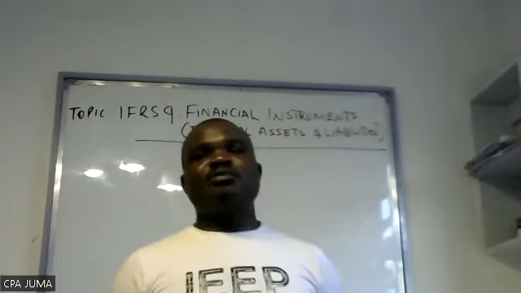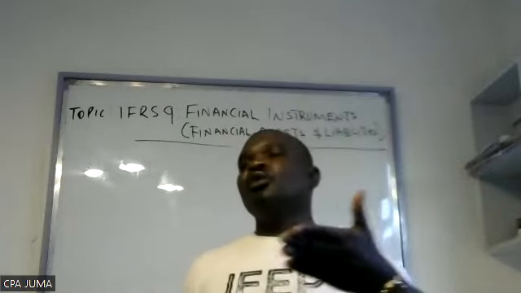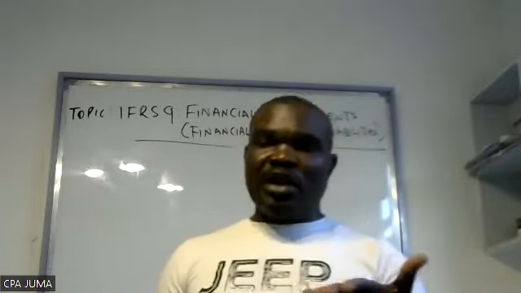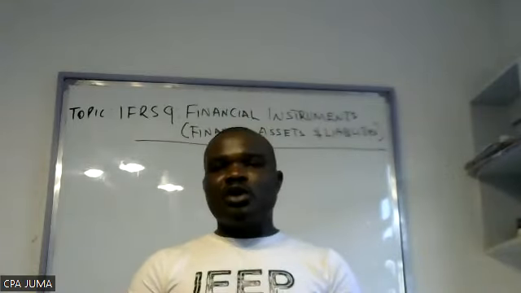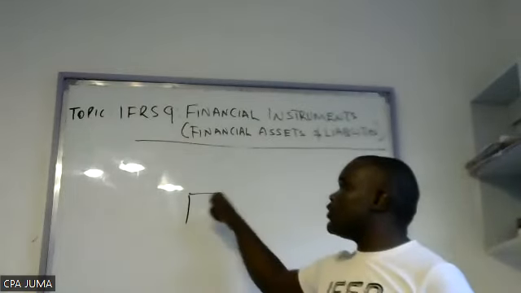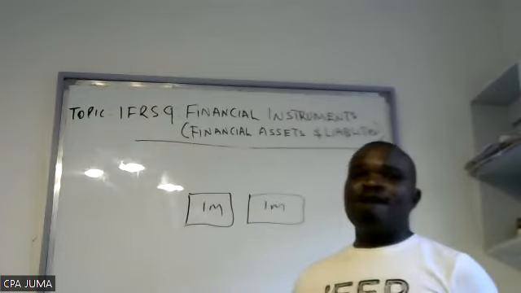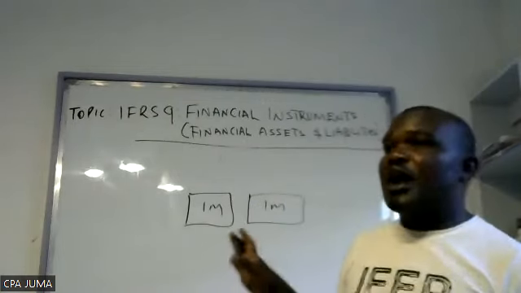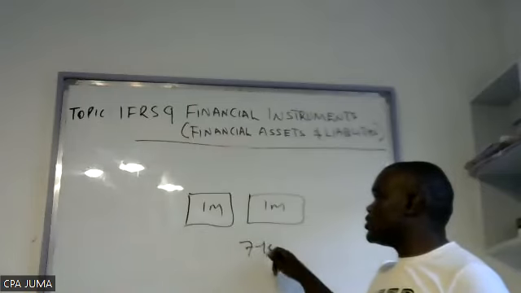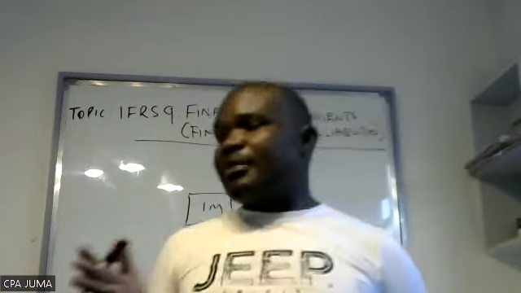Let me take it to an obvious platform. I borrow from you 1 million right now, or let's say 2 million. I borrow from you 2 million, then I buy 2 plots of land in Kitengela, for example. I buy 2 plots, each at 1 million. Then we agree that I'll refund you your principal amount of 2 million after 7 years. At the lapse of year 7, sina pesa.